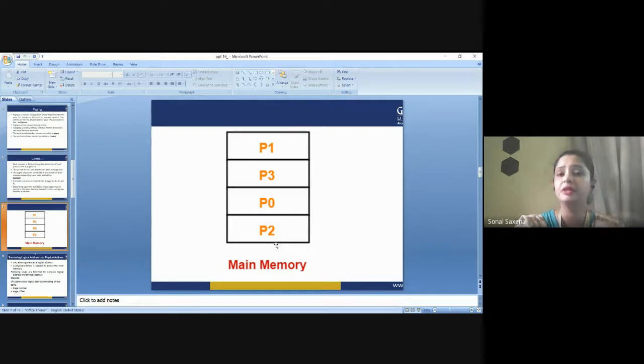If it would have been sequential, it would have been written like P0, P1, P2, and P3. But here you see they are stored in a random manner. First you are storing P1, then P3, then P0, and then P2, and they are not in a sequence. Maybe the address of P1 could be anything, P3 is stored at another address, P0 at another address, and P2 is similar. So here you should understand that the main memory has equal size frames as per your pages, but the storing is not sequential in nature. It could be anything.